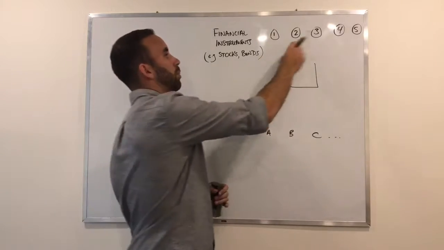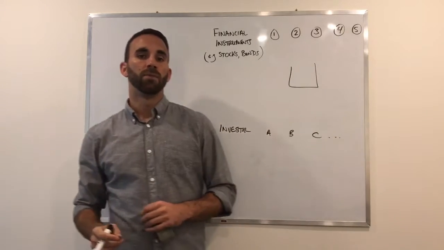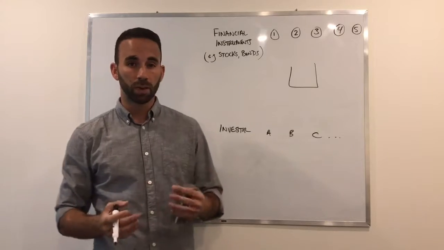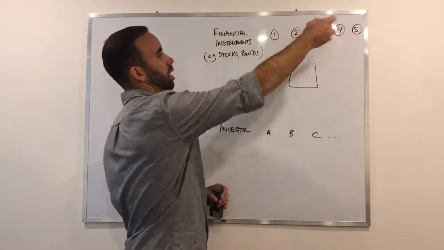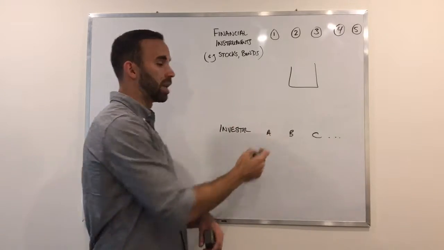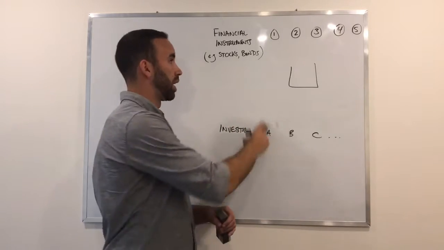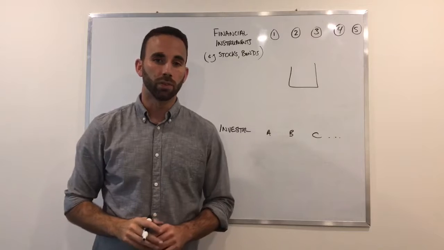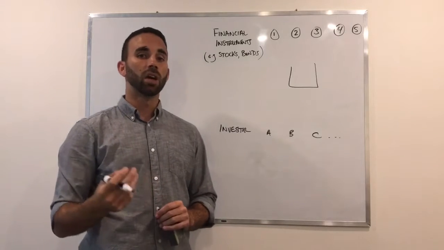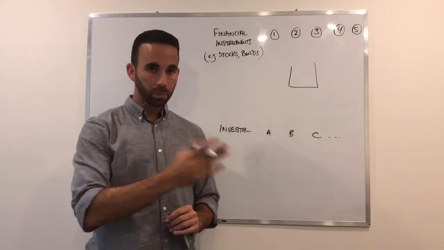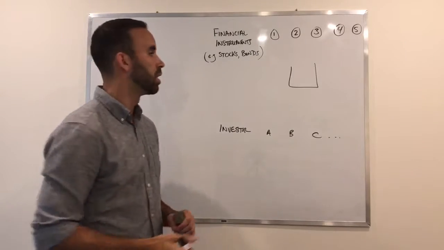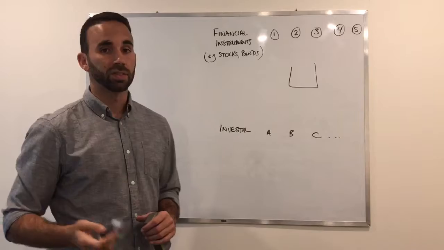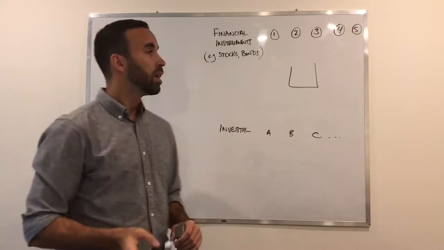Number one is the unit price of each of those financial instruments might be prohibitive. So if this one's 20 bucks, this one's 100 bucks, whatever, it may be cost prohibitive for investor A to own a piece of all of those different financial instruments. Plus the cost of acquiring each of those financial instruments may be high as well, so there's transaction costs and that kind of thing. Instead, there are these companies that come along, mutual fund companies, and they'll go and they'll